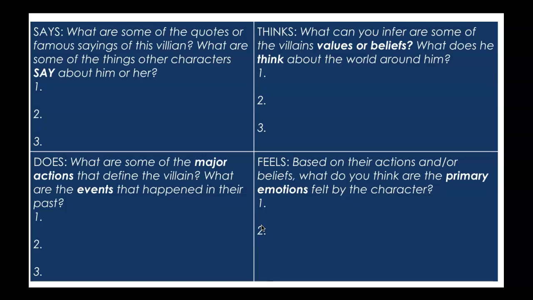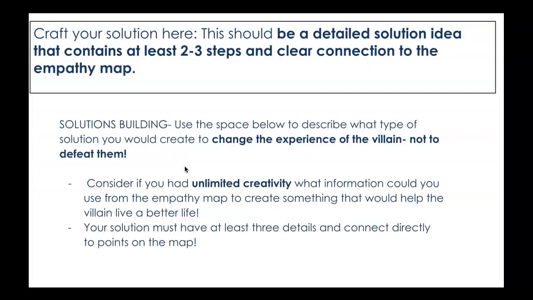And then what you're going to be doing to finalize this activity is looking at this map and discussing together, okay, so maybe we don't have to defeat the villain. Maybe we can rewrite the story. And that's what you're doing for this activity. You're either rewriting the story or maybe you're doing a sequel. Maybe you're writing the sequel to Cinderella and what happens after she goes off and marries the prince. And you're empathizing with the stepmother and you're crafting a solution.